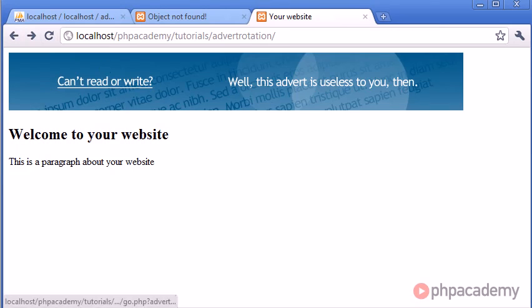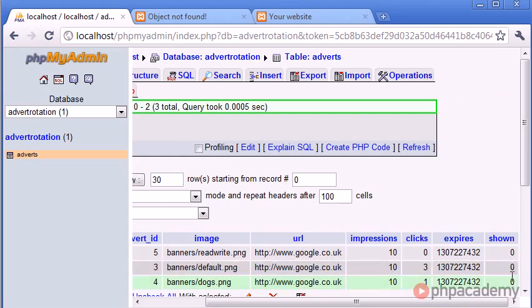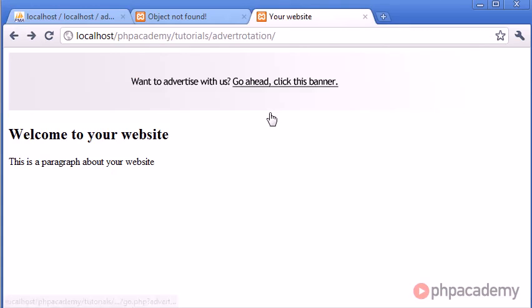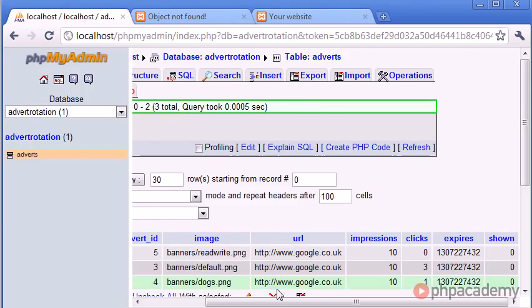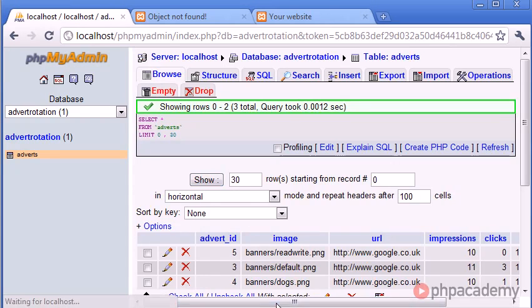Okay, so we've shown the last advert in our rotation, and as I mentioned, when we browse back to that, you can see that they all show as 0. Let's go and refresh again, and you can see that the default.png, which is the one up on the screen at the moment, will have a flag of 1,